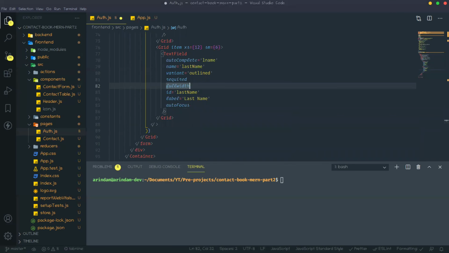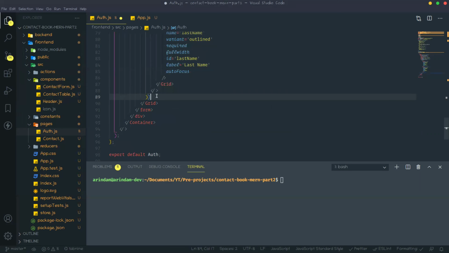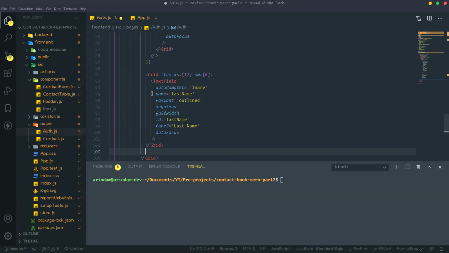Okay. And next, email and password will always come. That doesn't matter if it is sign up form or sign in form. Okay. So just copy and paste it here. So we don't need sm here.